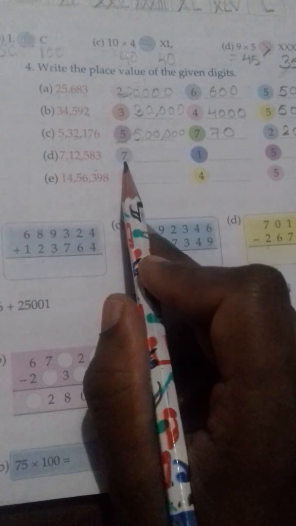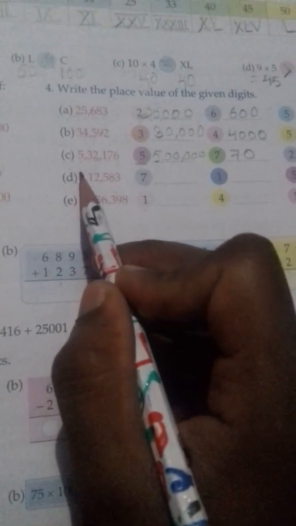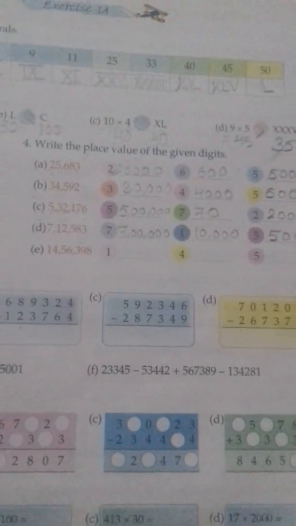Now see D1. To write down the place value of 7. So 7 is at ones, tens, 100, 1000, 10,000, lakh. It is on the lakh position, so it will be 7 lakh. Then the position of 1 is ones, tens, 100, 1000, 10,000, at 10,000. So 10,000. And then 5. The position of 5 is at 100. Ones, tens, 100. So it is 500.